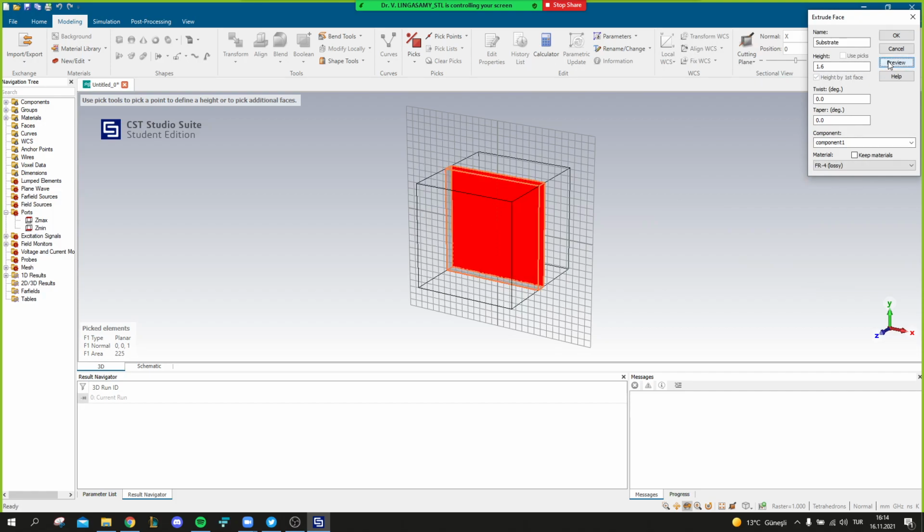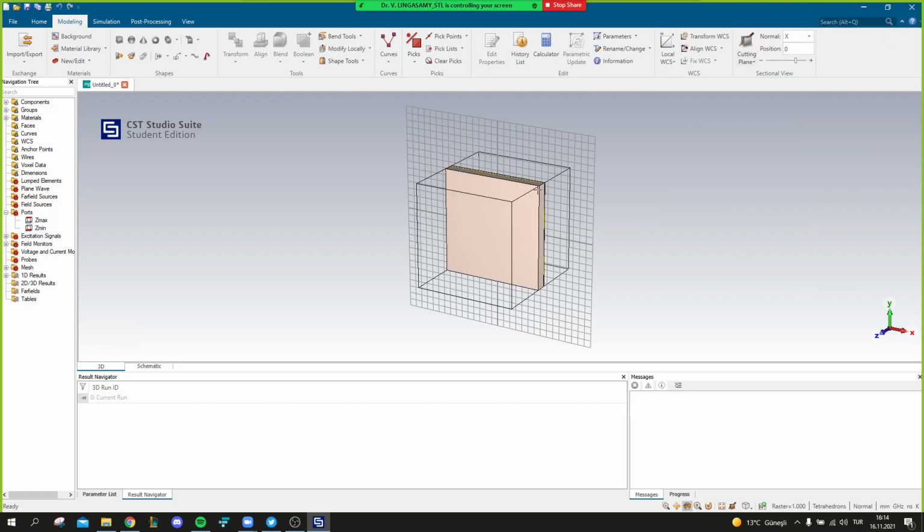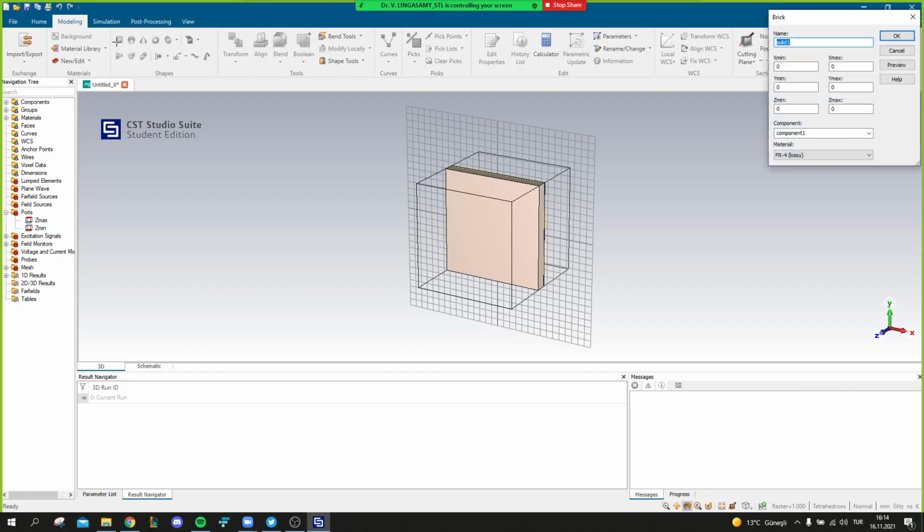Now you can preview it. That's it. Now we can, for example, it's a simple patch. Let's say minus L by 2, L by 2, L by 2, then minus L by 2, L by 2.